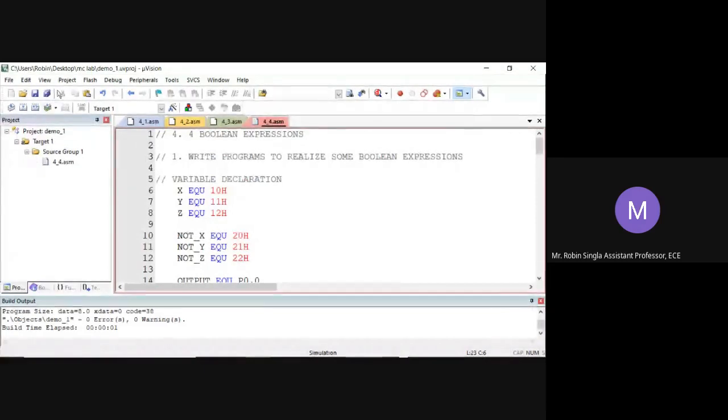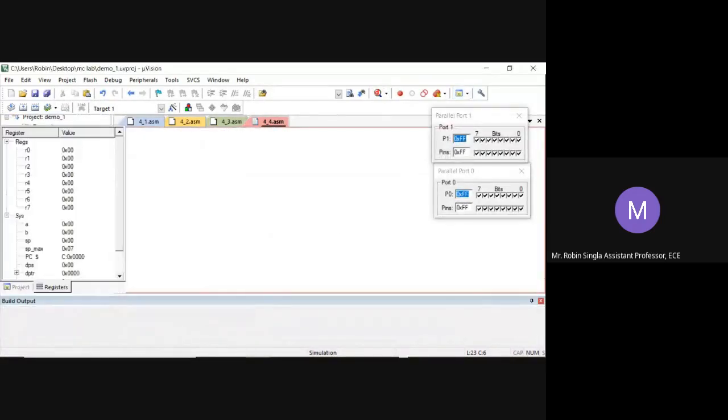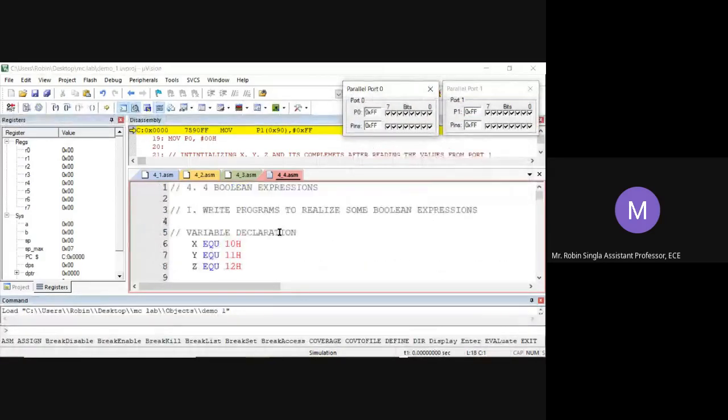So I will target debug. Now we have X equate to 10H. So X equate to 10H bit memory location.